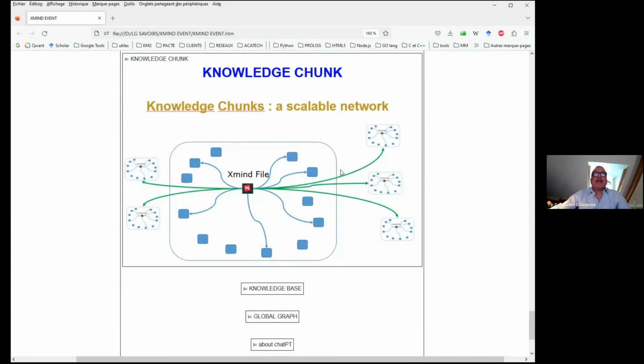A knowledge chunk is a directory on a computer, in which at the center I have an Xmind file, and also a lot of other files: PDFs, Word and Excel files, links to websites, and so on. And this Xmind file contains all these links to